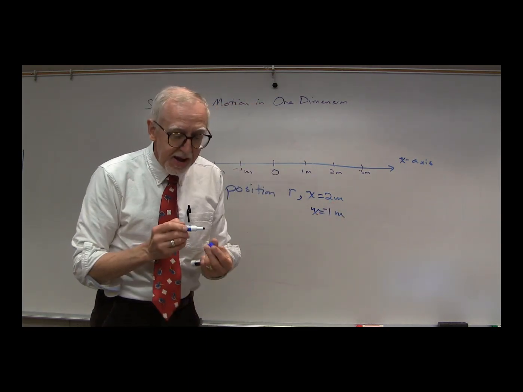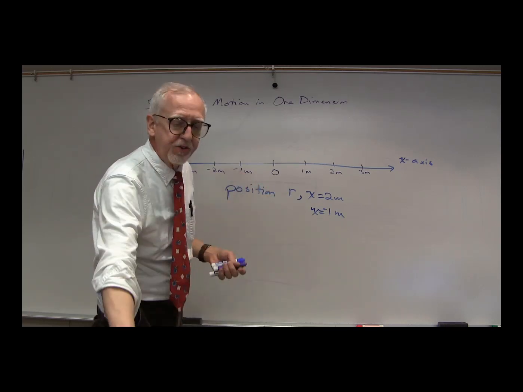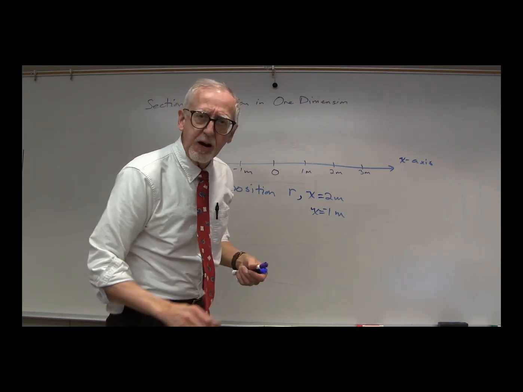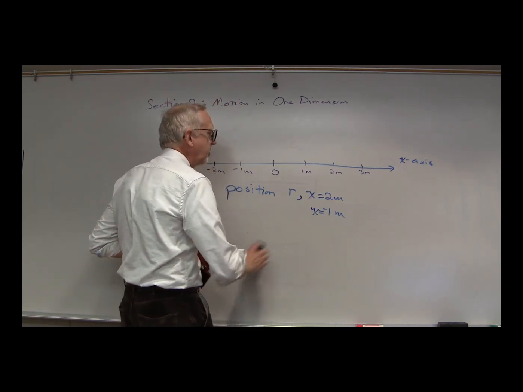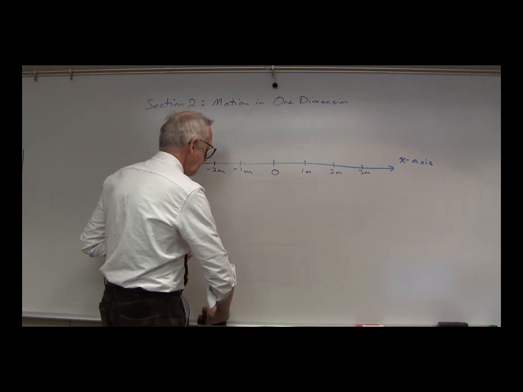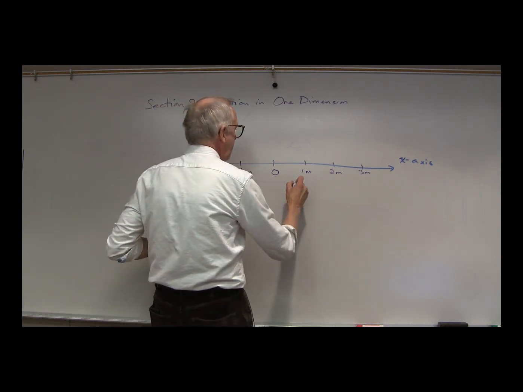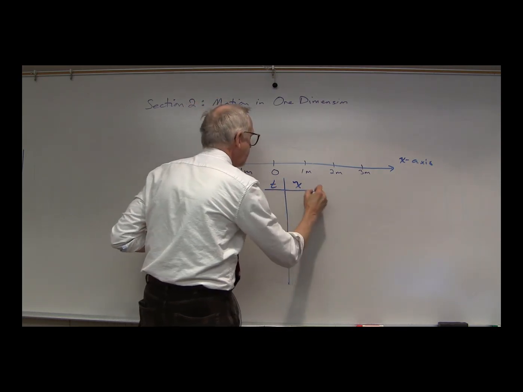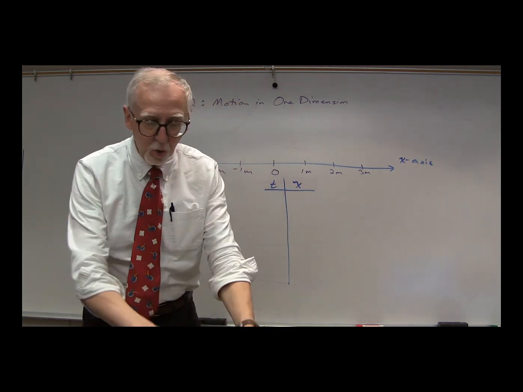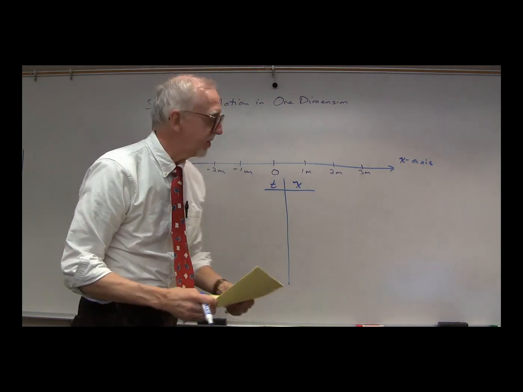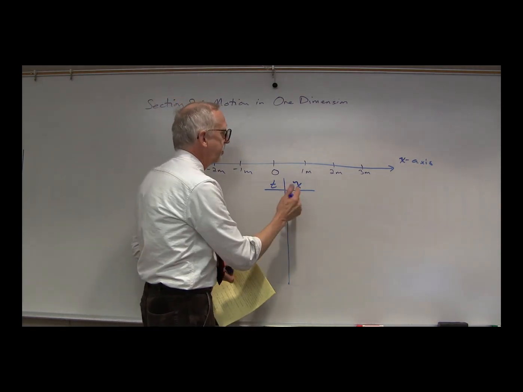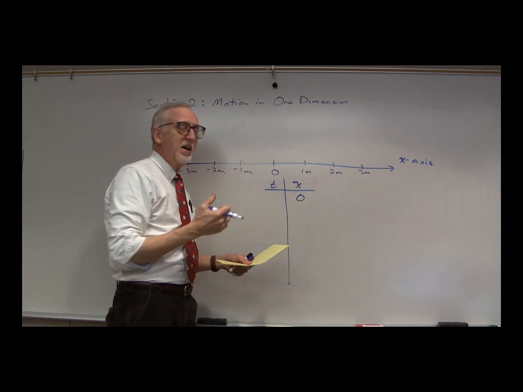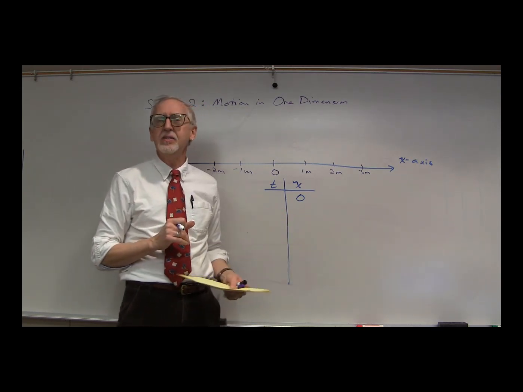Okay? Now, as our person moves along our coordinate system, how are we going to describe this motion? Well, one thing we could do is make a table. We could make a table of x values at some particular time, a table that identifies where the person is at different times. Now, let's say that the person is at position 0, at the origin. Well, what's the time? Well, it might be 3:27, or it could be